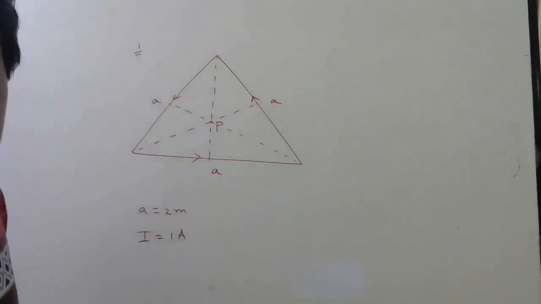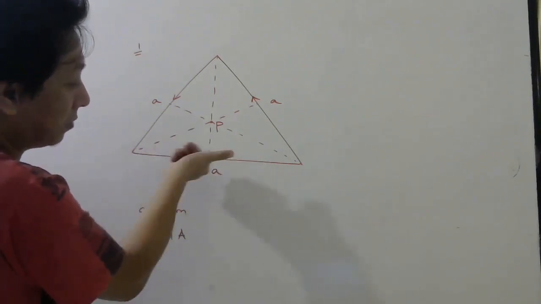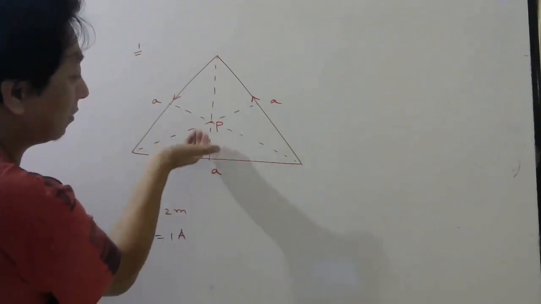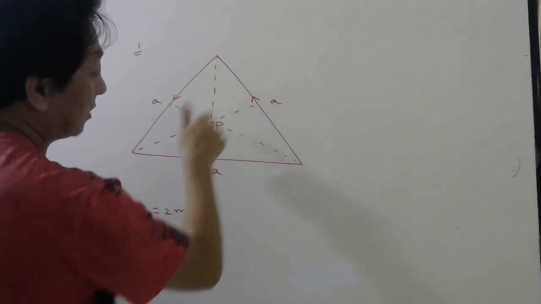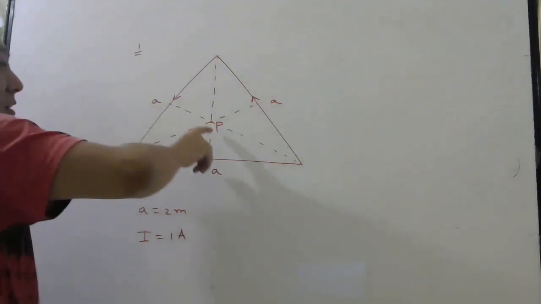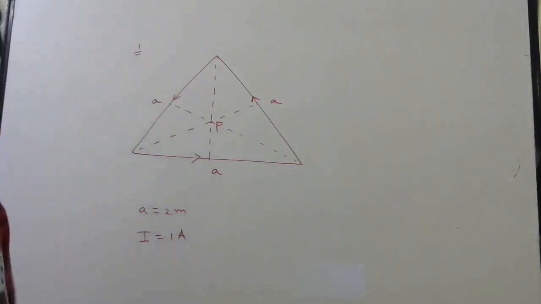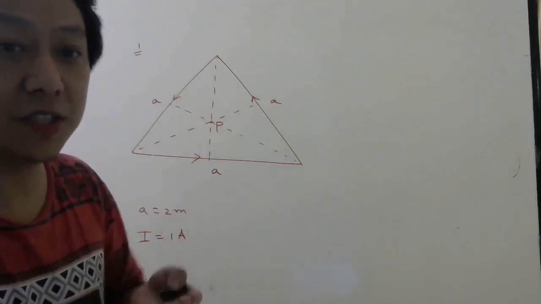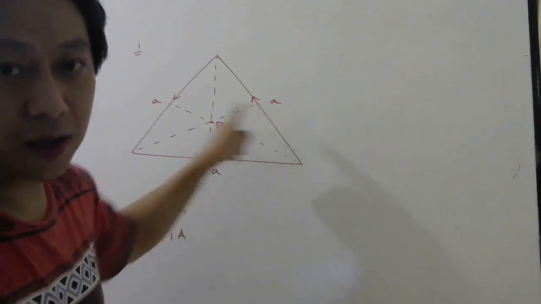So first let us check the direction of magnetic field here due to this current. Put your thumb here, curl of the fingers will give you magnetic field. So here magnetic field is out due to this wire. Due to this wire it is out, right? And due to this wire also it is out. Here it may be in, but here it is out. So we know due to each part magnetic field here is outward. So we need to just add all the magnetic field produced by this wire and this wire.